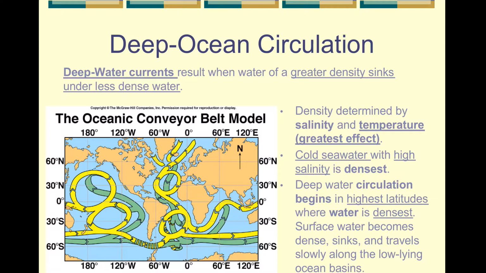So you've got this deep water circulation, where you've got this cold, high salinity water at the poles, which is super dense, and it travels to the tropics, and then it rises up again, and then essentially it repeats the cycle. Then it becomes more cold, goes back down, and when it warms up, it goes up again. So there's this relationship, we call it the oceanic conveyor belt, where you've got deep water currents of different densities as a result of different temperatures and different salinities that